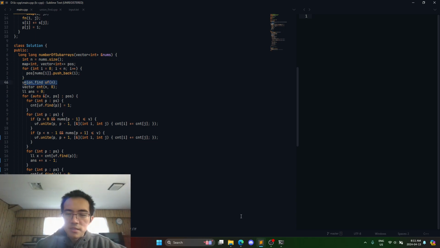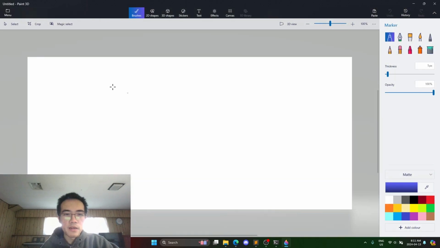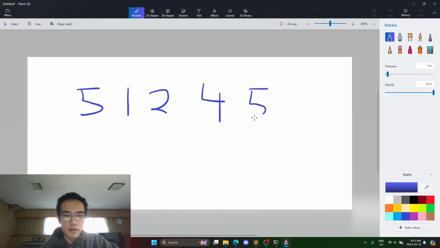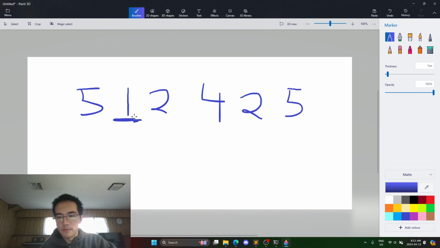The reason is, if I go back to the example 5, 1, 2, 4, 5, maybe I'll put a 2 here, so I'll put a 2 and a 5. So I process 1, right? Pretty much nothing happens, just for sake of explanation. But when I have a 2,